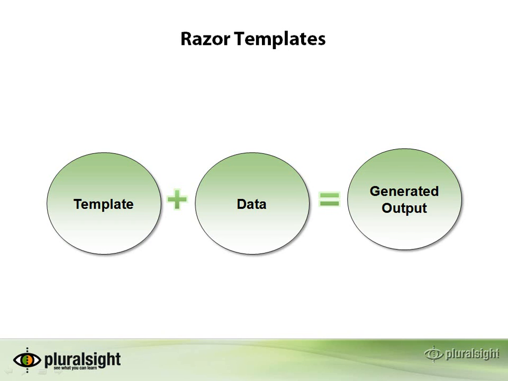The Razor View engine allows us to use Razor templates to produce HTML. Razor views, if you remember from previous modules, are those files with a .cshtml extension. Think of them as templates that consist of markup, which is your HTML, and code expressions that place data into